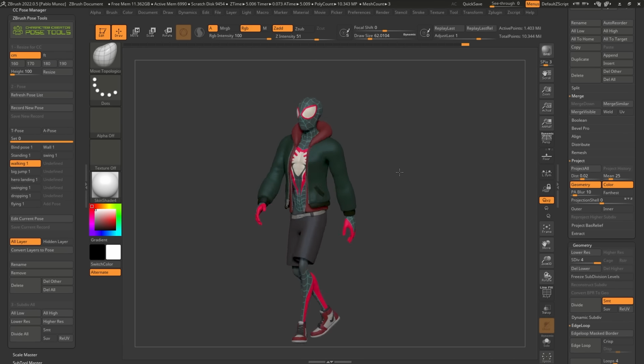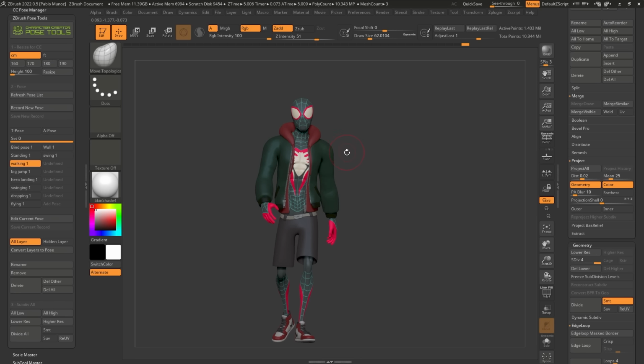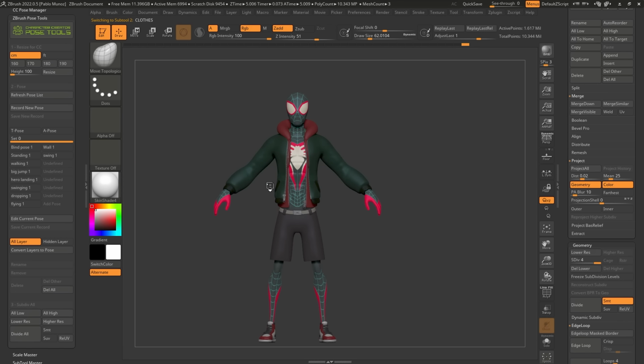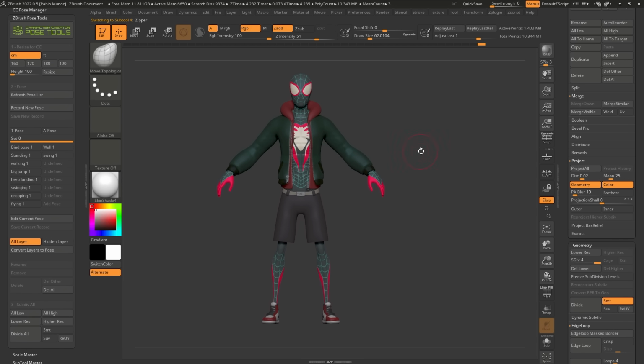But let's say that we want to create a brand new pose, something new, right? We can go ahead and click on the switch just to get out of the poses, and we go back to this kind of like A pose or kind of like the bind pose. And then we can go ahead and create a new pose. Now in ZBrush, there's a few ways that you can go ahead and pose your character. You can use the gizmo, you can use the Transpose Master. I prefer to use the Transpose Master in this case, but I'm going to show you both anyway.